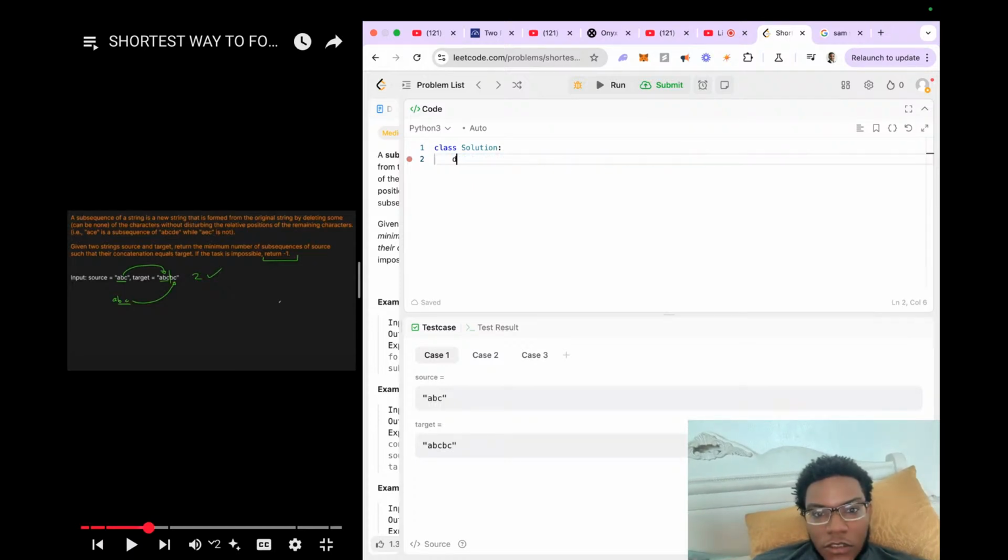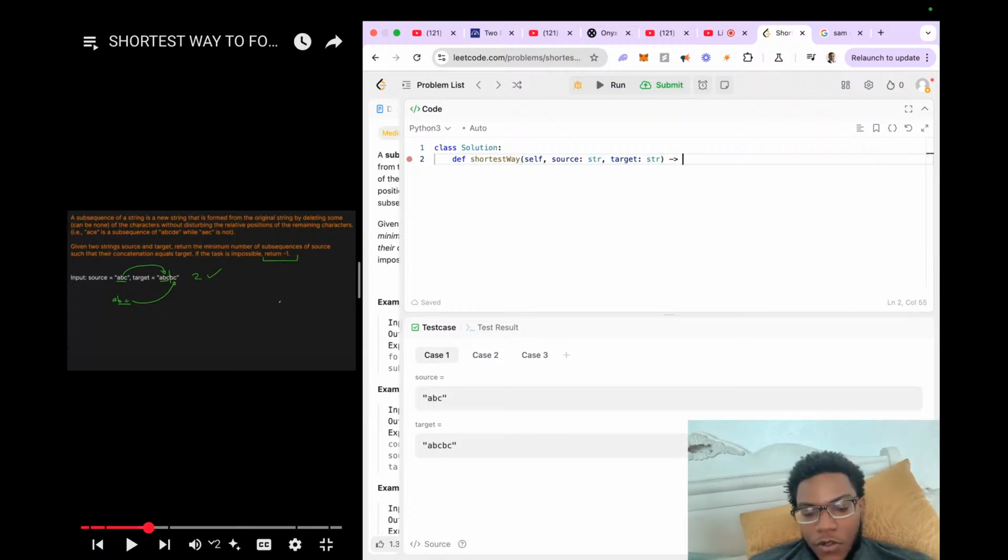I'm going to define class solution. Define a function called shortestWay. That's going to take in self. It's going to take in a source, which is a string, a target, which is a string, and we want